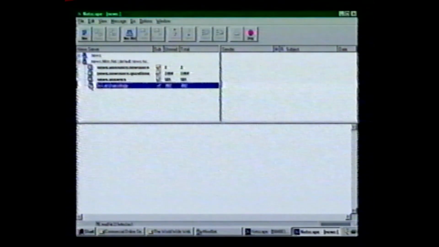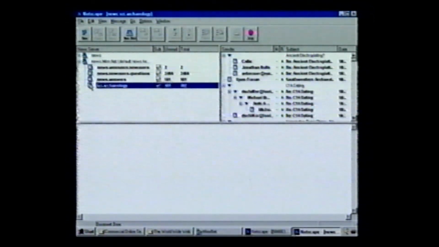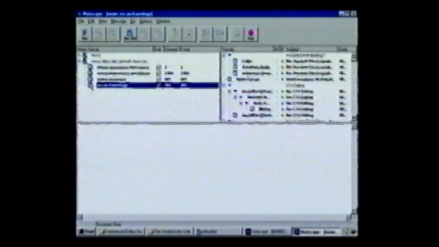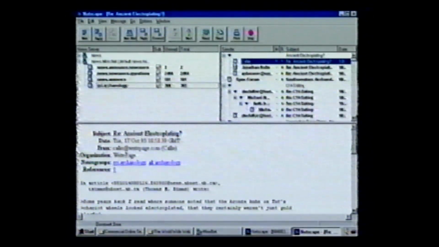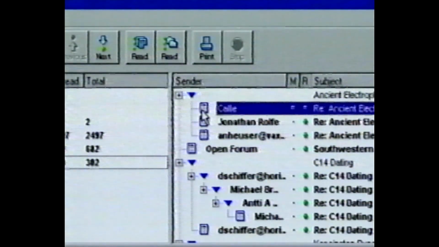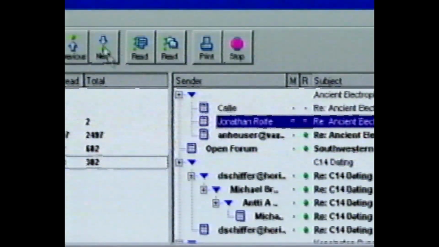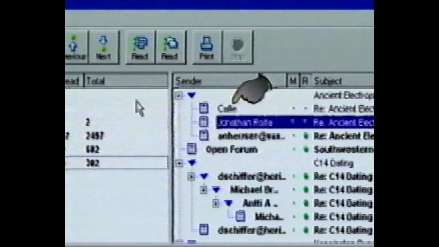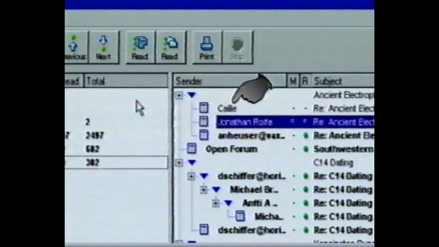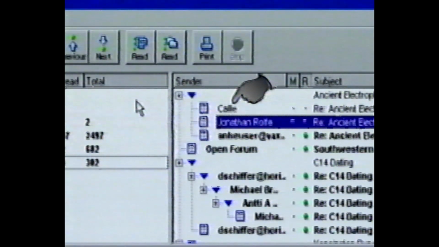Netscape locates the news group, and in a few moments, I can see a list of posted messages located in the right window. I double-click on the first message, and it appears in the lower half of the news viewing window. I click on the Next button on the Newsgroup window toolbar and advance to the next message. Notice that the previous message is no longer highlighted. This indicates that the message has been read.